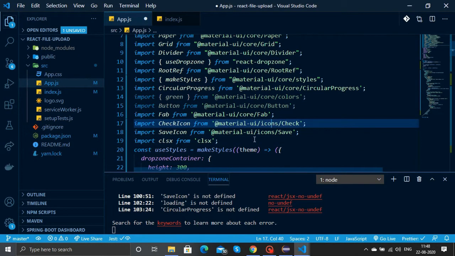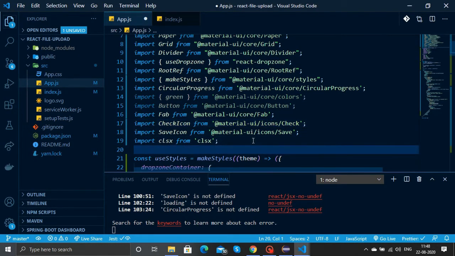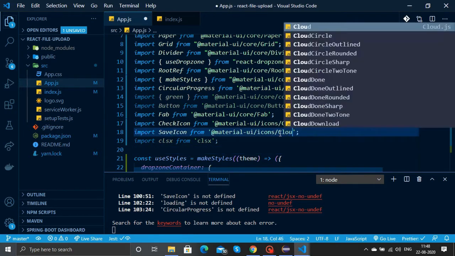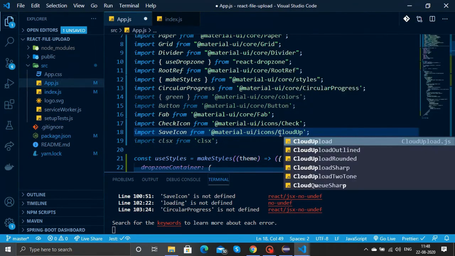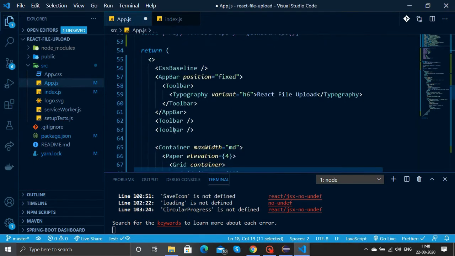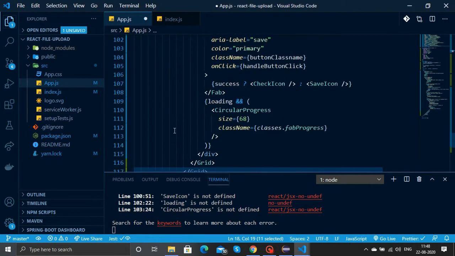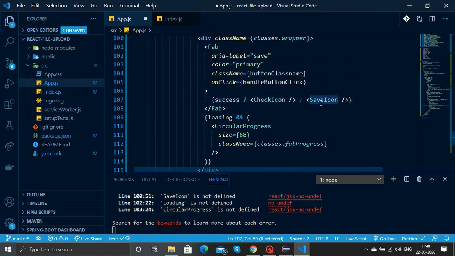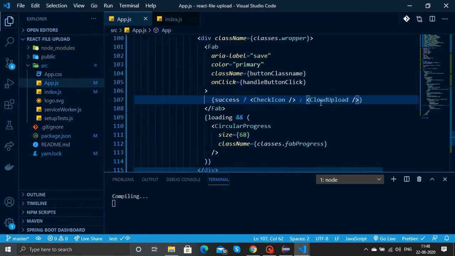We have already installed clsx. We'll change the save icon to the cloud upload icon. Let's also change that in the container. So the save icon will change to cloud upload.